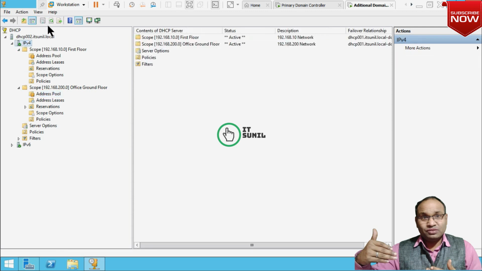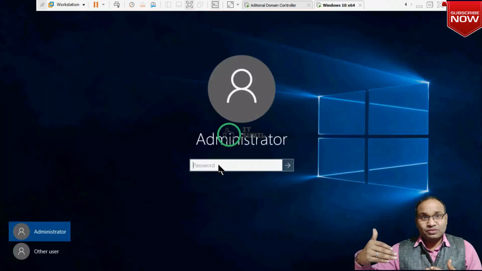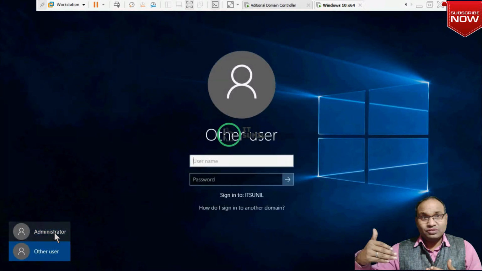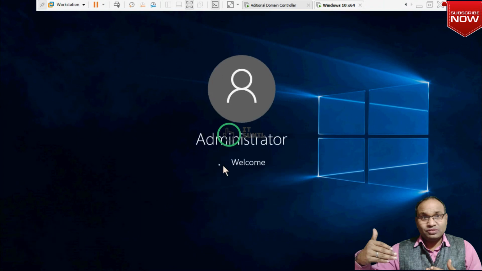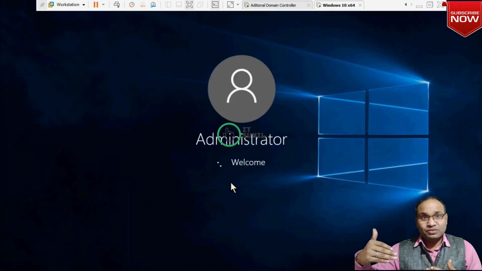So now I'm going to check whether the DHCP client is working or not. I'm going to the client machine and log in. This is my client machine, which I have configured with Windows 10.